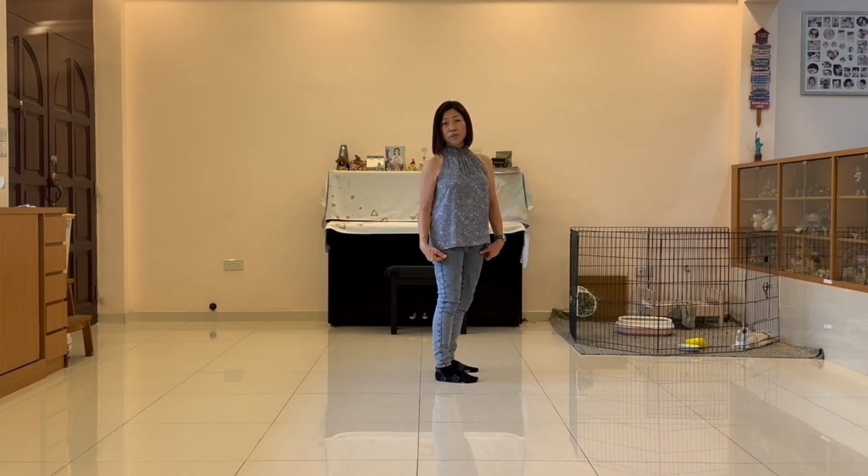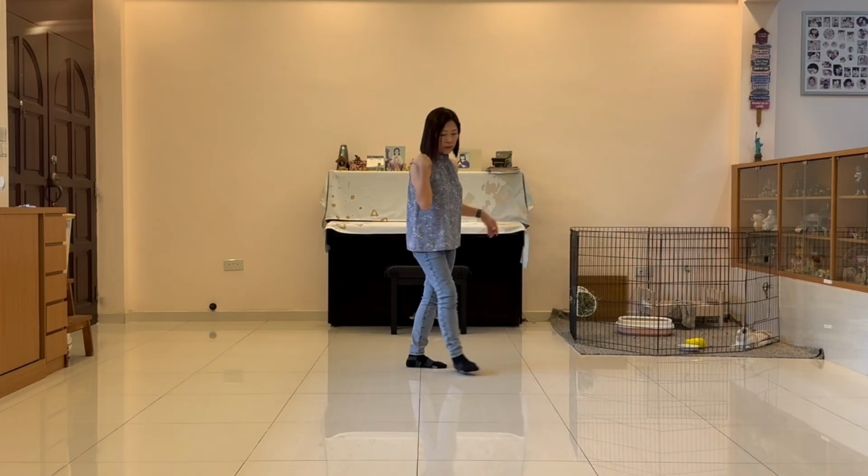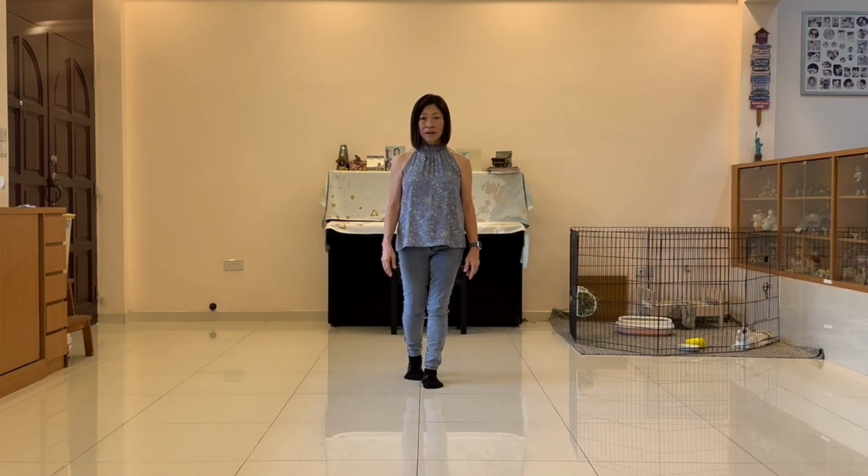This is the end of 28 count during wall 6. And you do a jazz box, quarter turn to your right. Cross, back, quarter, forward. And you start the dance here. Stomp,